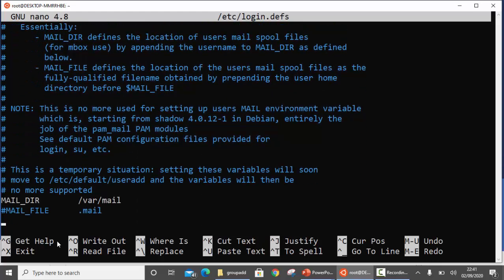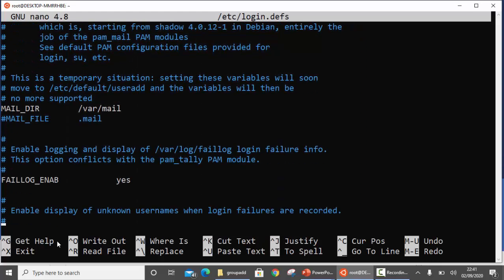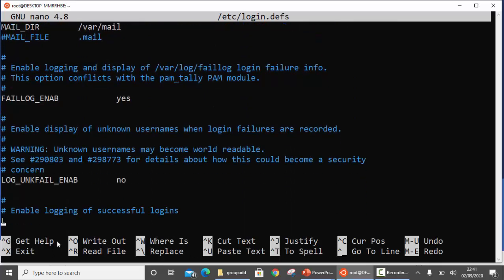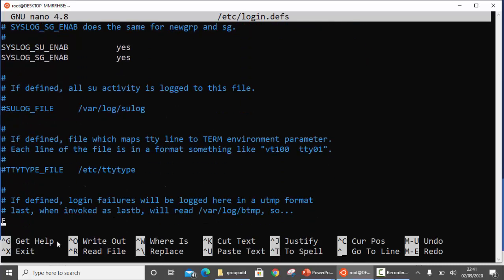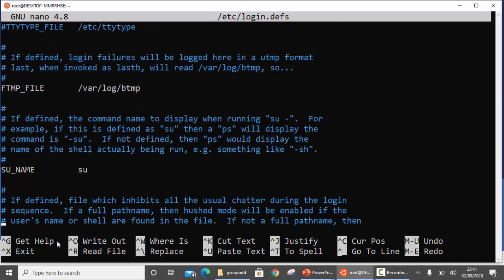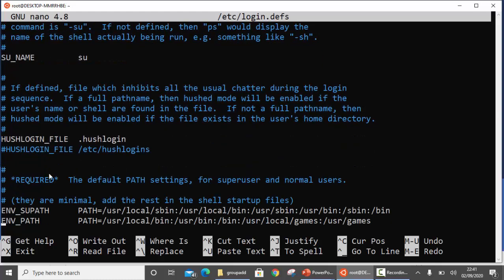All this comment section is the theory, what this file is all about. It specifies certain default values that are assigned to the groups that you create in the system. All these unhighlighted entries are the default values.